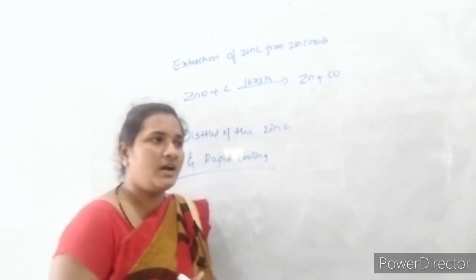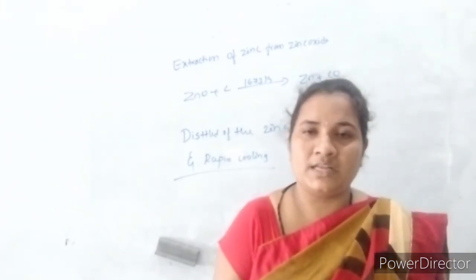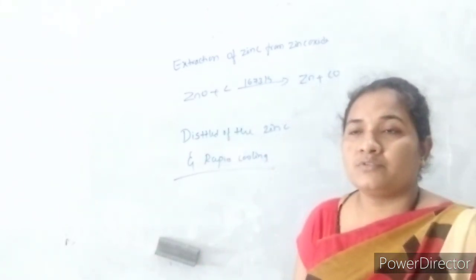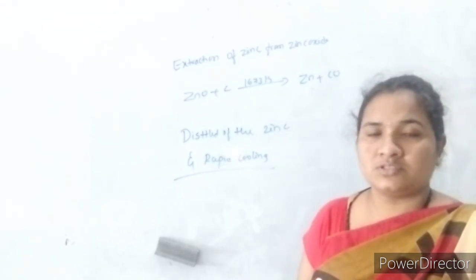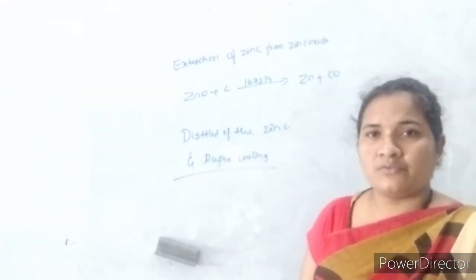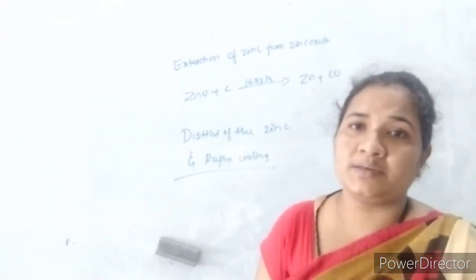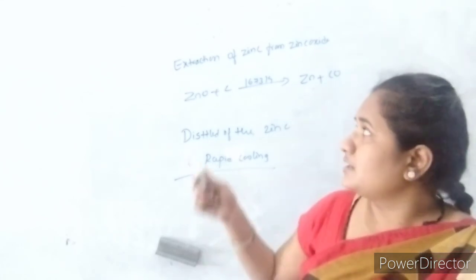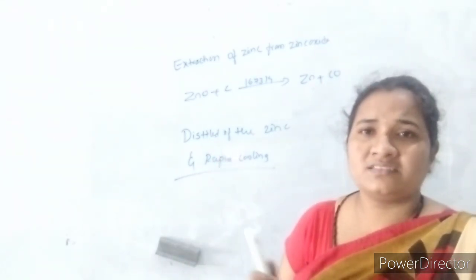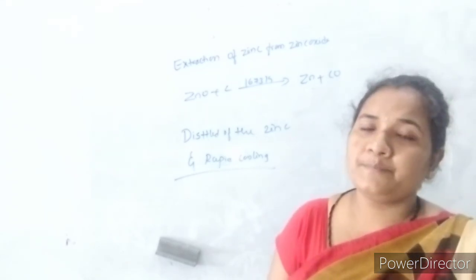In this video I will stop here, so that you can practice the extraction of iron from its oxide more times, because in CET they also ask 1 mark questions like what is the commercial form of iron, and they also ask about the temperature, and which reducing agent is used for the reduction of iron oxides, etc. So many questions are asked in CET, JEE and NEET.